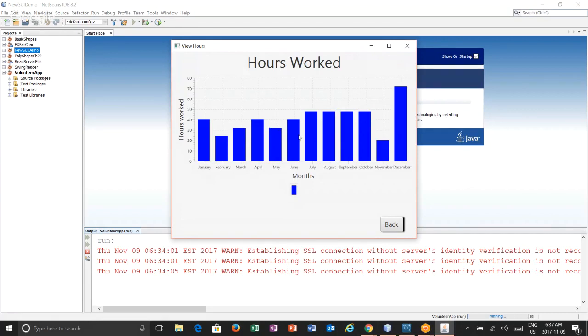The other thing is, in our data set, we had multiple years with the data, but this will only show one set of data for each month. So if we had data for last year and for this year in January, right now we're only going to show this year's data. If we had no data for February, we're going to show last year's data. So although it works, it's got a few